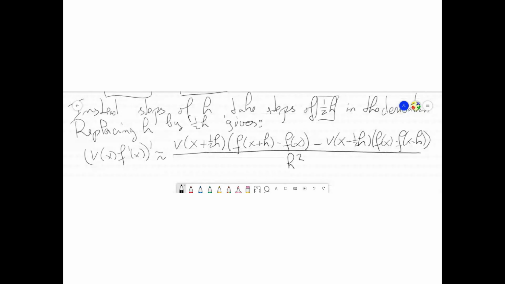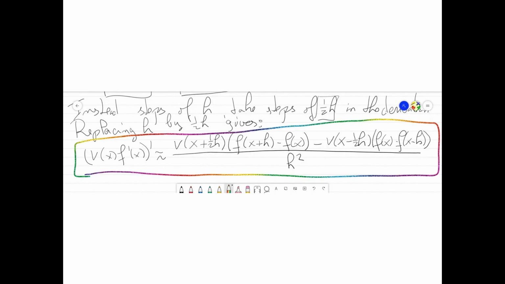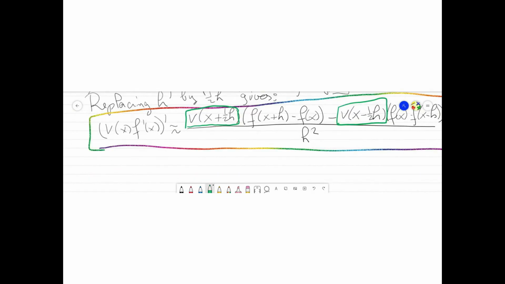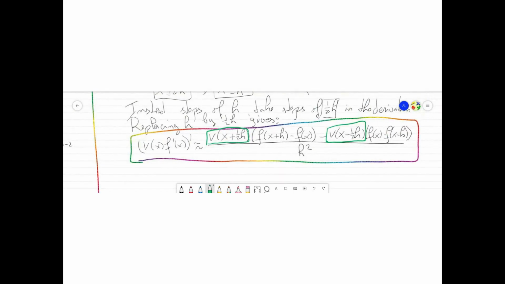So this is the final result. This is the major result of this exercise, or this example. It's also in the book. Then you might say, okay, so this part, that's an issue. But because you know the v function, that isn't an issue. You can just plug in the x and the h and you get a value. So you do know it. Similarly, this is not an issue. This is a nice formula. It's in the book. I know it from the top of my head. I recommend you know it too, because it might be useful in the future if you don't have to look up everything in the book.